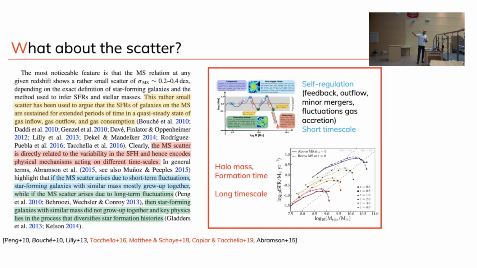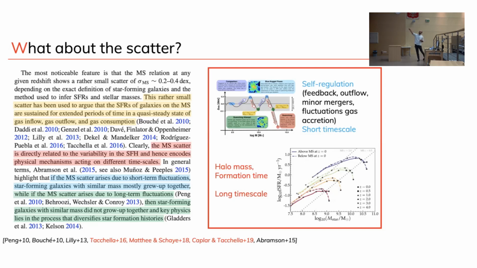The alternative instead is that you have long-term fluctuations. Then the star formation in galaxies is actually not related to what changes the star formation on short time scales, which could be feedback, let's say supernovae going off or having some AGN at some point. But it's something more fundamental and related to how the galaxies are growing on a longer time scale, which actually might have to do with what happens in the growth of dark matter. So these are just two examples of the first category and the second category.